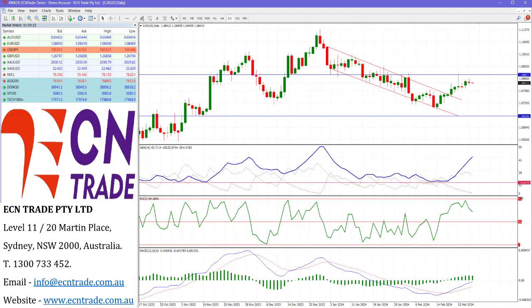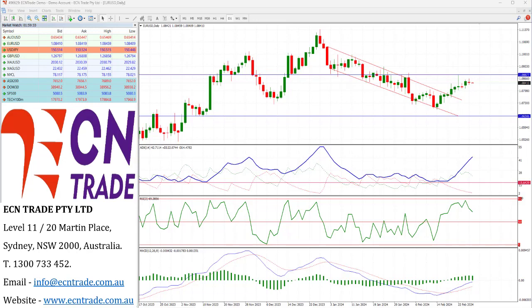Moving on to the euro, the market nudges slightly higher as the dollar index, which measures the greenback strength against a basket of 6 major currencies, was flat at New York close, at 103.8090. Looking ahead to Wednesday, the focus now shifts to the US GDP data, and in Europe, the German retail sales and the monthly inflation figures.